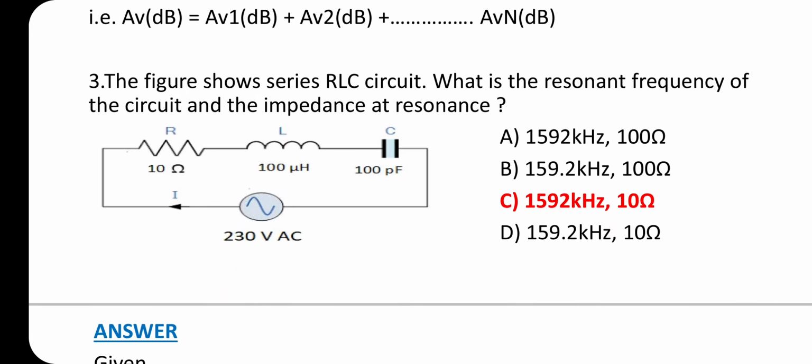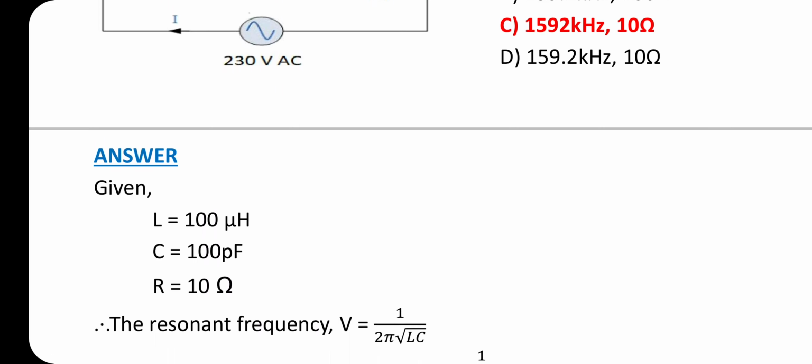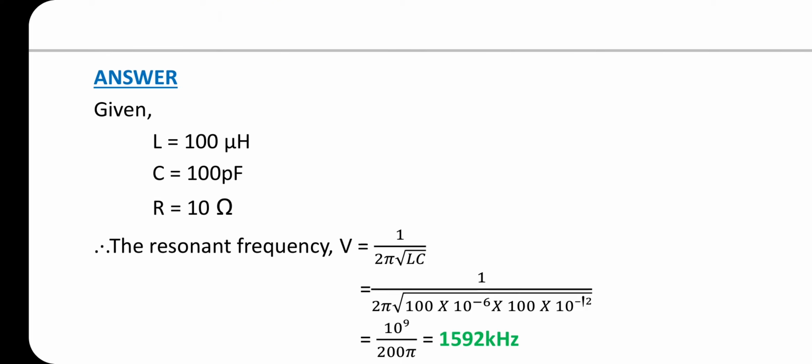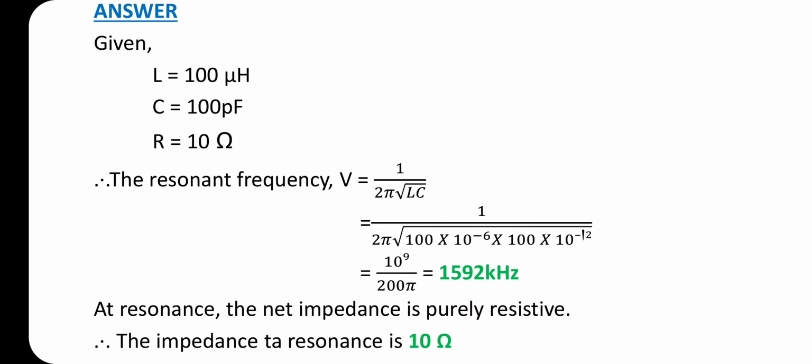Question number 3. The figure shows series RLC circuit. What is the resonant frequency of the circuit and impedance at resonance? The answer is option C, 1592 kHz and 10 ohm. Given L equal to 100 microhenry, C equal to 100 picofarad, R equal to 10 ohm. Therefore, resonant frequency